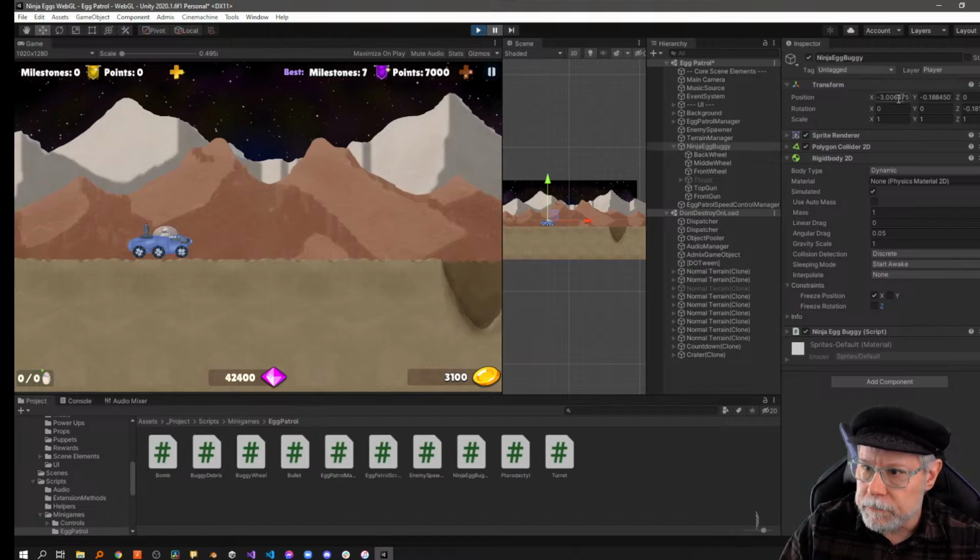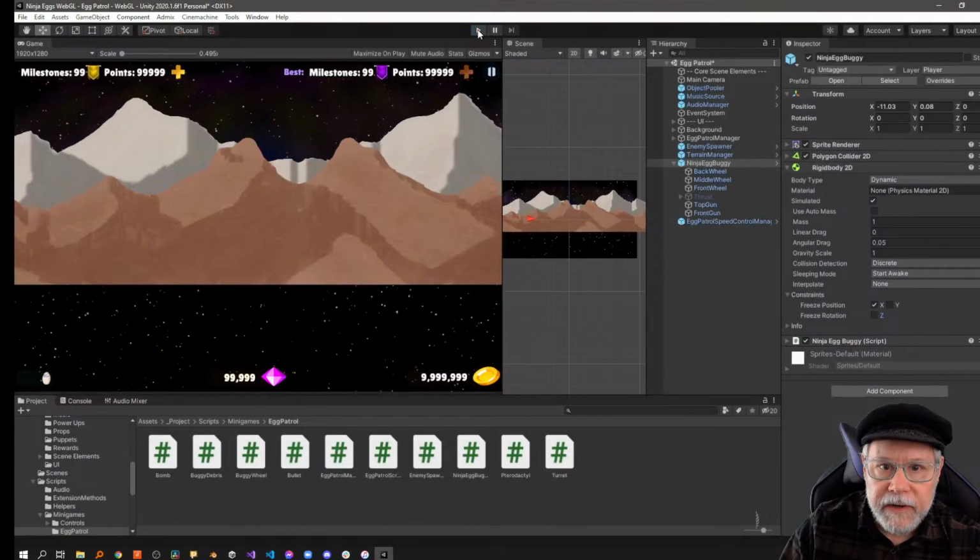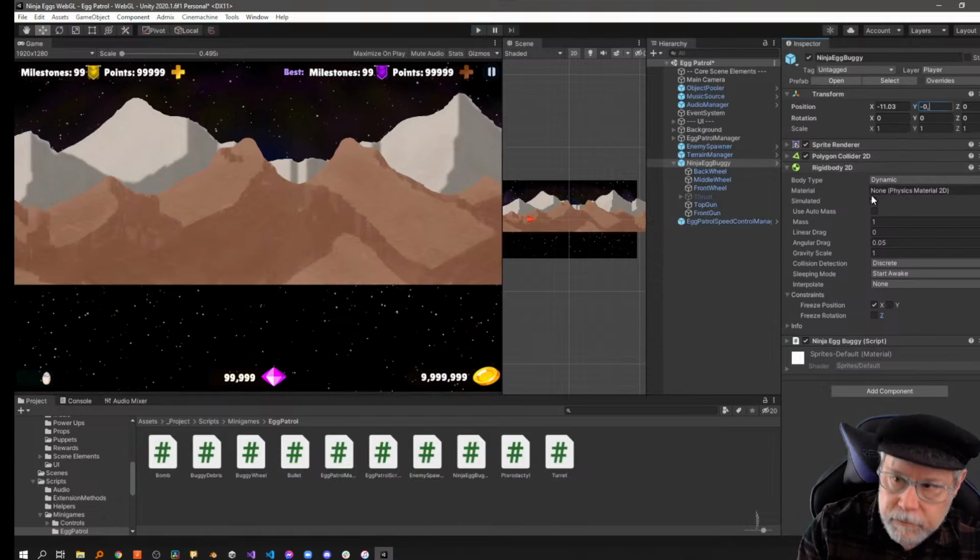So what is its current position? So negative 0.188. So I think because it fell, if I take it back to its initial position here,